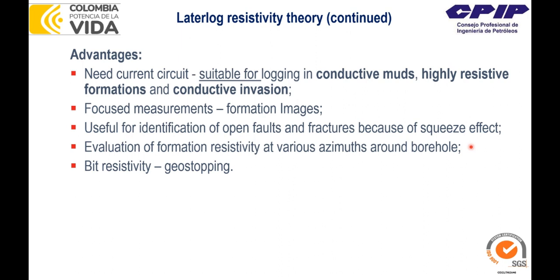And the last point is really interesting. It's called bit resistivity and geostopping. So some of the tools, so-called resistivity at the bit, use the bit as an electrode to send the current to the formation. And that will be the first point of contact with the bottom of the hole. So that's the